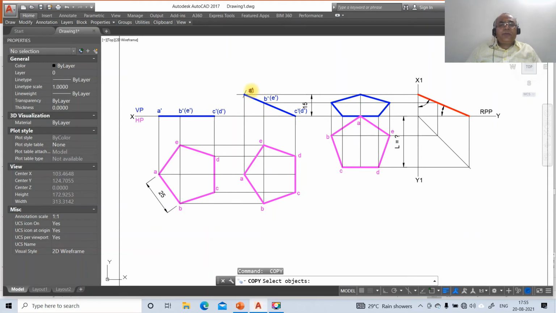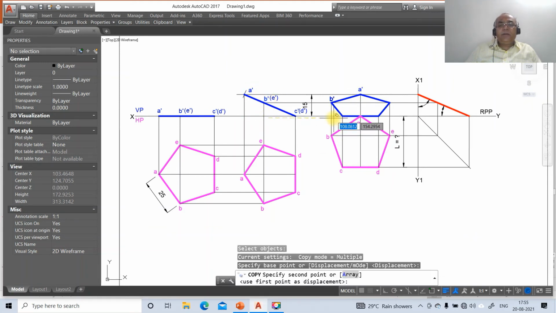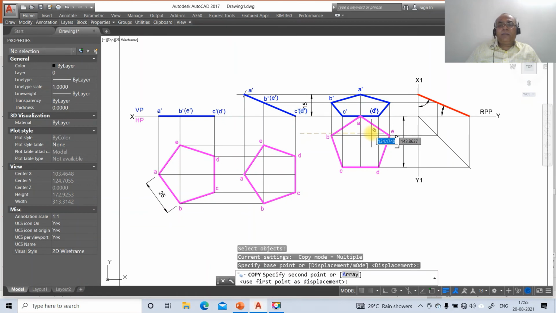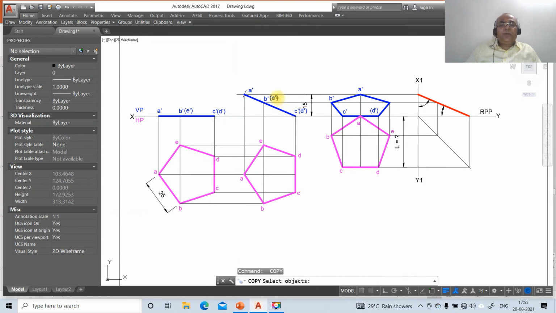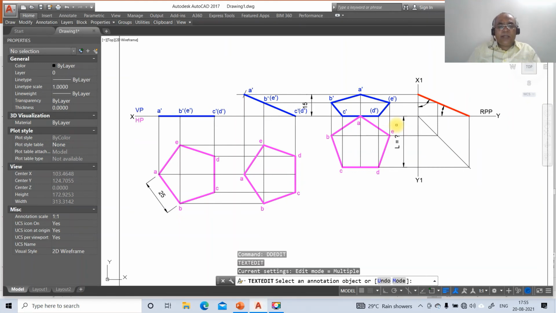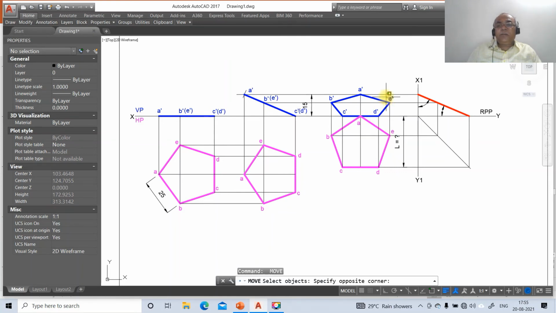Now we need to copy this A dash here, then you copy this B dash here, then you copy this C dash here, then you copy this D dash here, then you copy this E dash here. So once you do that, you just go to DD edit, select this, you make this as D dash and you mark this as E dash without bracket, because that is visible. So here you just come down to E dash.